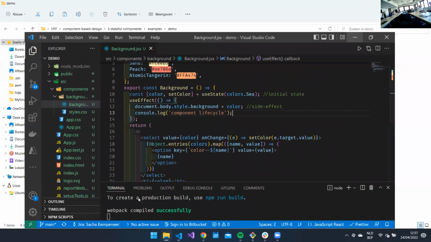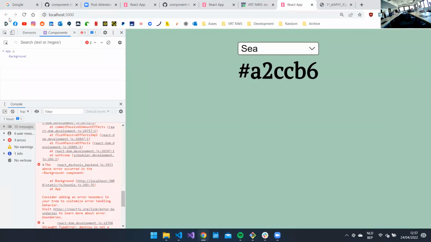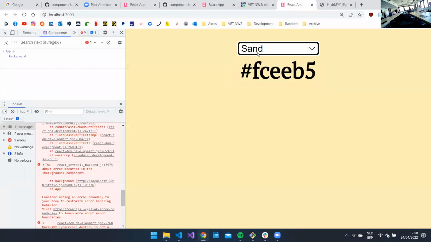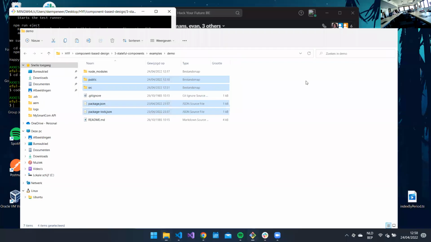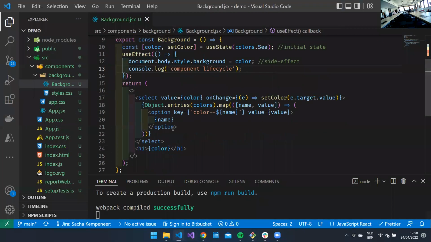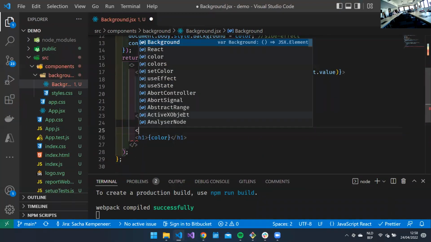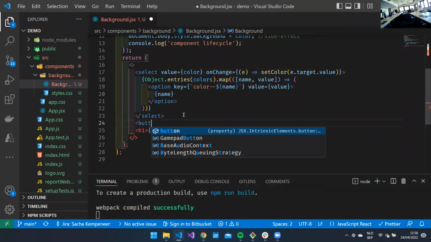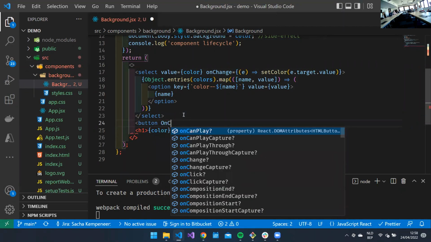Mistake on my part. So every time our state changes, it's gonna re-render, it's gonna change that color. Really nice, that's a side effect on our state. But now we do have a problem. Let's say we have a button. Let's see, we add a button here. And every time the button is clicked,